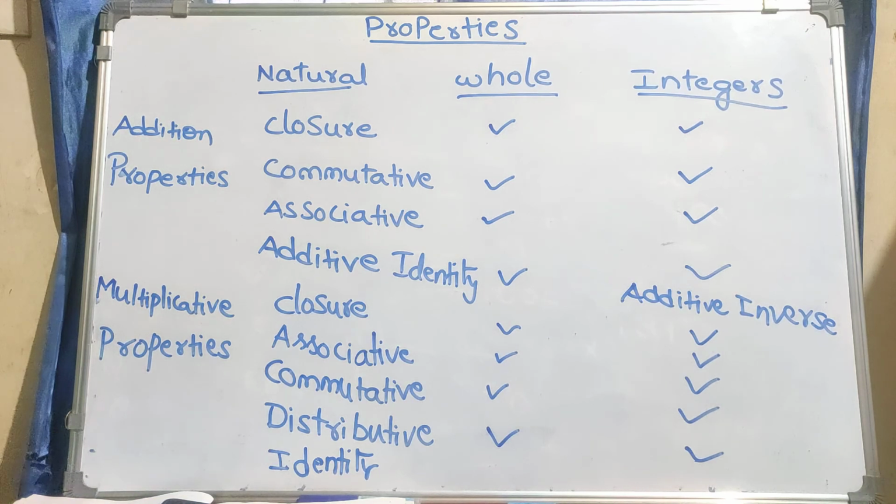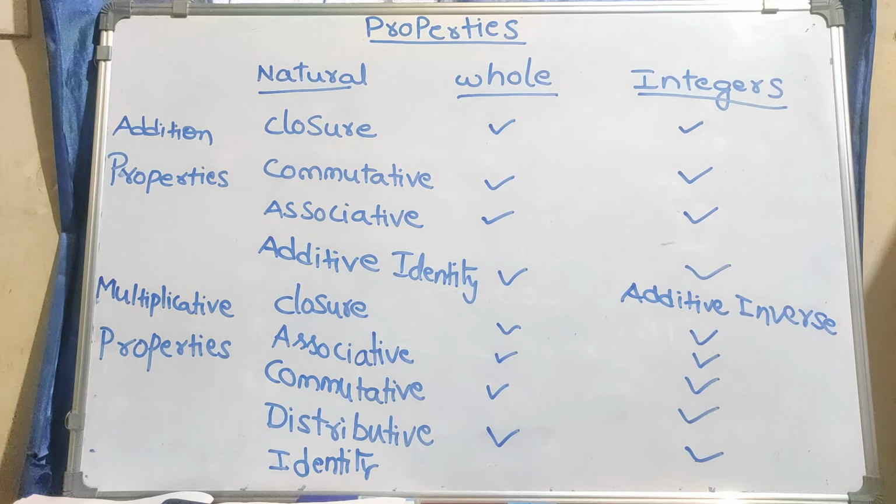Today I am going to focus on properties of multiple number types. Usually in the lower classes we'll have natural numbers, and when we are growing into the next classes we have whole numbers and integers. Each and every number system has its own properties. So what are all the properties we follow when we are solving the problems?